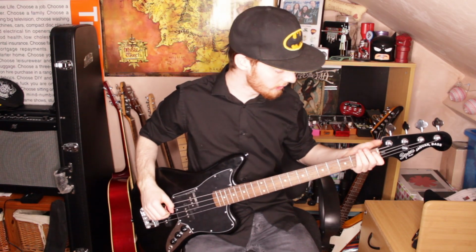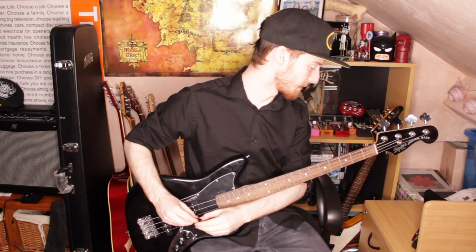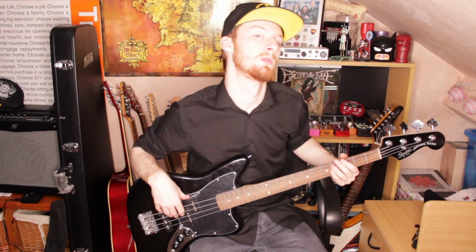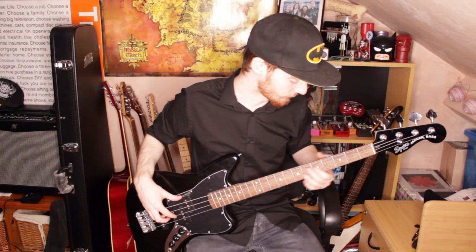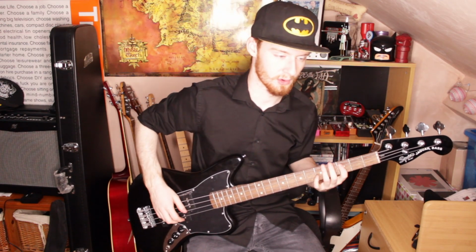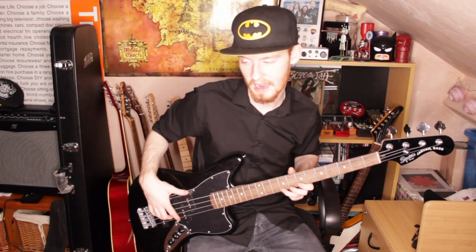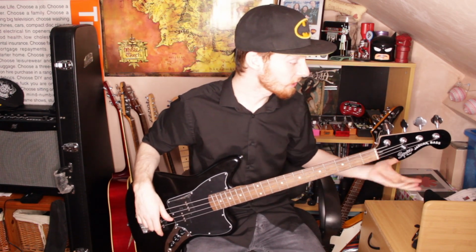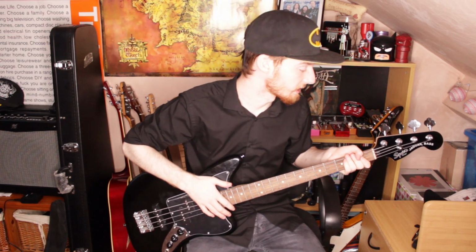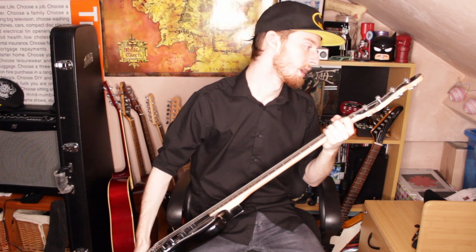So we move on now to my newest bass, which I actually bought because my other bass is really used for picking and metal and that kind of aggressive style of music. I wanted something that was a little bit more spanky, where I could get a little bit more of a high-end tone out of it. Essentially, I wanted to replace my Samick bass with something a little bit better quality, and it's the Squier Jaguar,